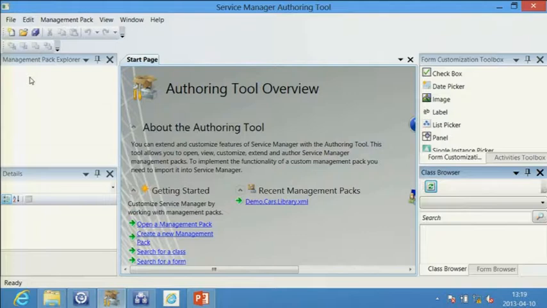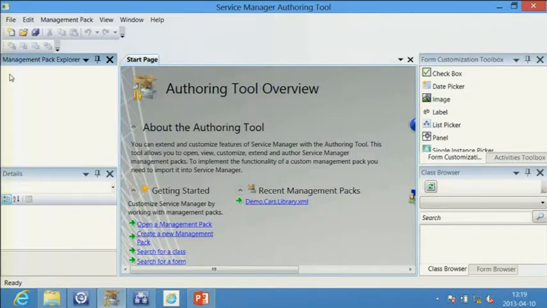And you could actually create workflows that go ahead and automate things using the internal workflow engine of Service Manager. So all these parts are available to you inside of this tool. As I mentioned earlier, if you're going really advanced, you could use Visual Studio, and there's this add-on to Visual